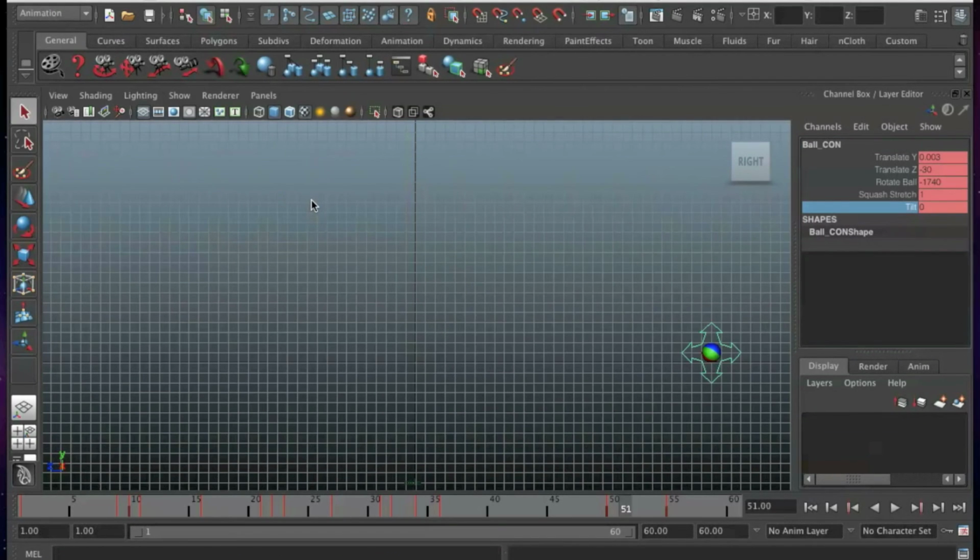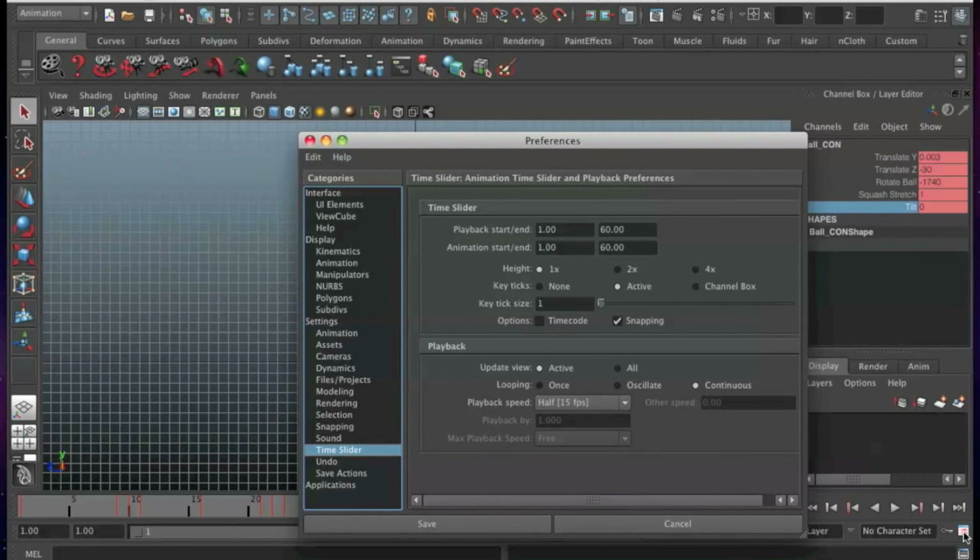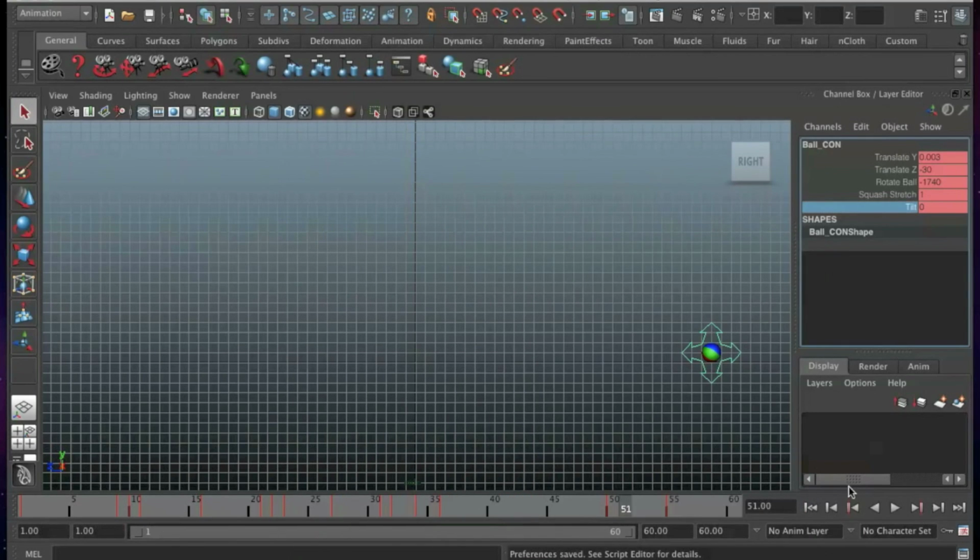Okay, I'm going to add one more thing that might help you in troubleshooting your ball animation. We talked about doing the play blast by clicking on the time slider down here, but I also showed you this over here. One way you can troubleshoot is to slow down the playback. So if you go down here to this little icon, bring up this menu and you change your playback speed to half speed and then save it,